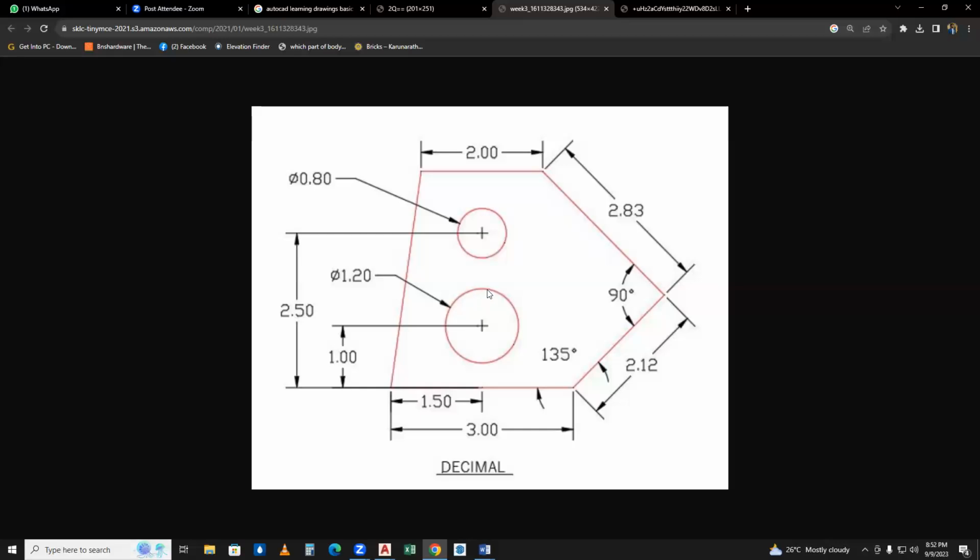So what is the radius of this bigger circle? 1.20. That is the diameter, not the radius. If we have a pi later, we have already discussed this also. This is for diameter, not radius. So the diameter is 1.2. So the radius is,